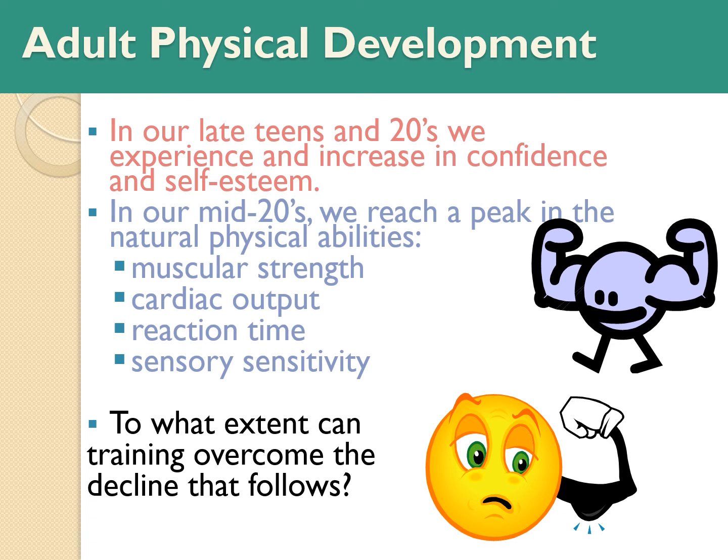Now, your physical peak is in your 20s, mid-20s, and your body works the best it's ever going to work. I always get asked, well, I know of people that were heavy set and had horrible physicalities about them, but when they turned 60, all of a sudden they've got the best muscles they've ever had. Yes, that can happen, but you will work harder than you ever have or ever needed to the older you get. So it's more difficult as we progress through the years. Otherwise, in your mid-20s, muscular strength, cardiac function, that's your heart, reaction time, sensory sensitivity, all of those things are at their peak.